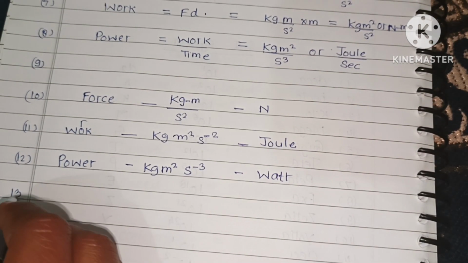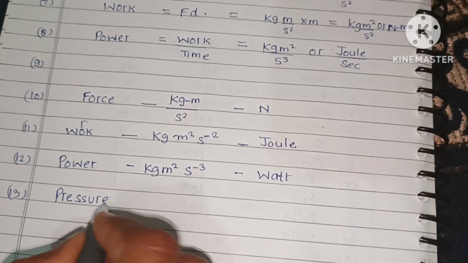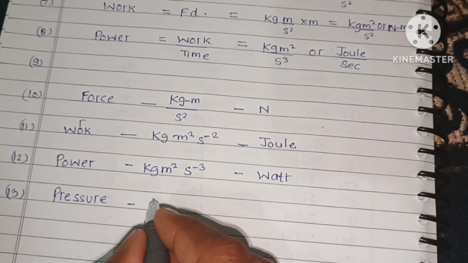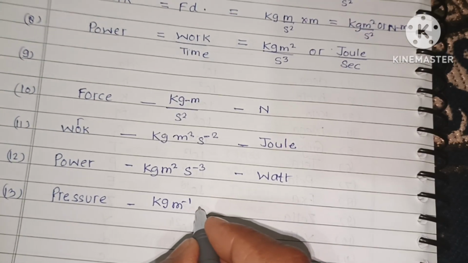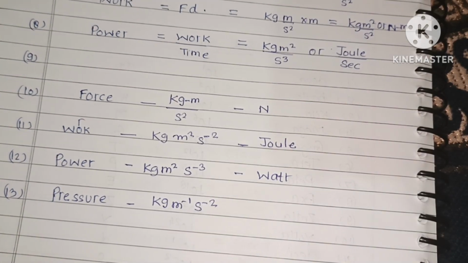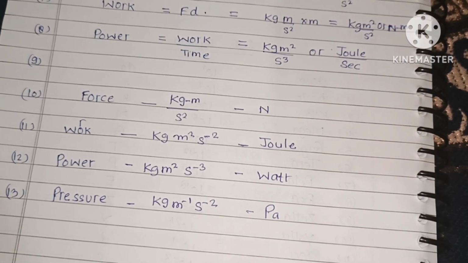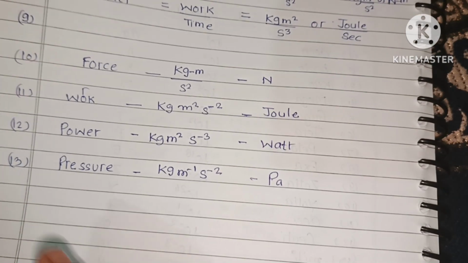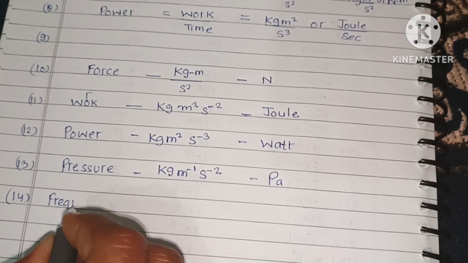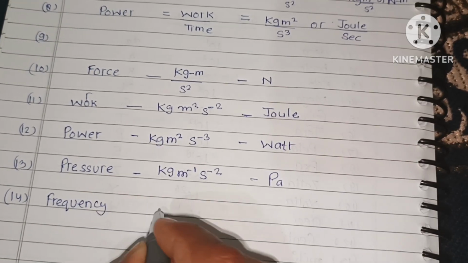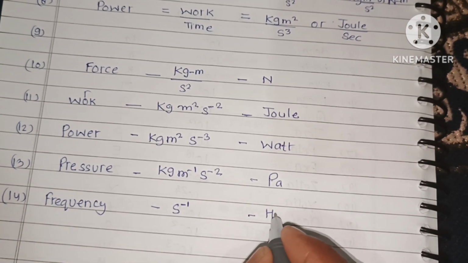Another is pressure. Pressure units kg meter power minus 1 second minus 2. इसका यूनिट क्या है पास्कल, ये पास्कल। फ्रीक्वेंसी, सेकेंड माइनस 1 और हर्ट्ज।